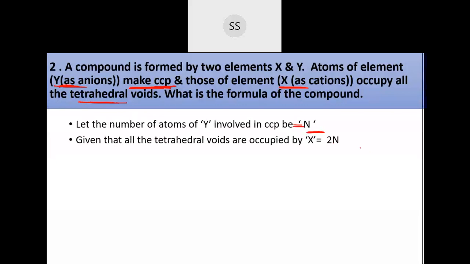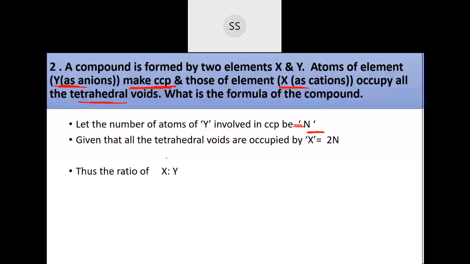Yes. Now you take the ratio of X and Y. You can write the cation first followed by the anion, because that is how the usual IUPAC nomenclature is, no? Cation followed by the anion. So you can write the X part first because they are the cation, followed by the Y one, which is the anion. So you take the ratio now. Yes, very good. Many have got the answer.